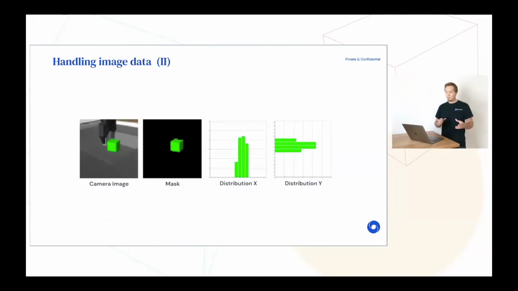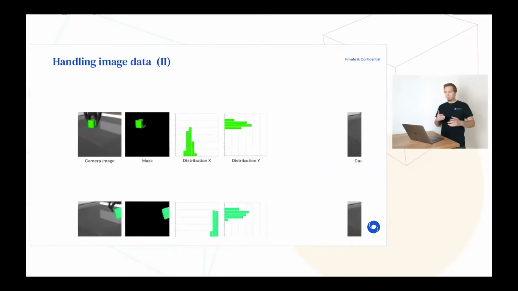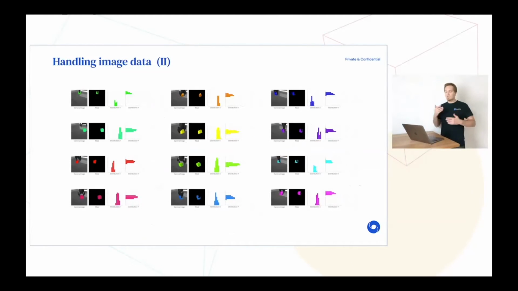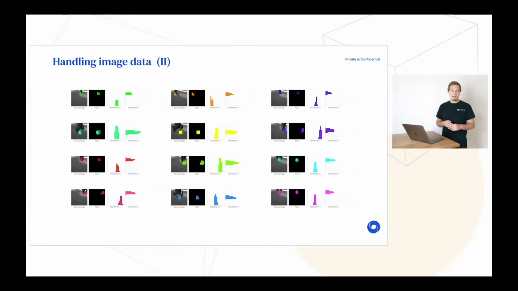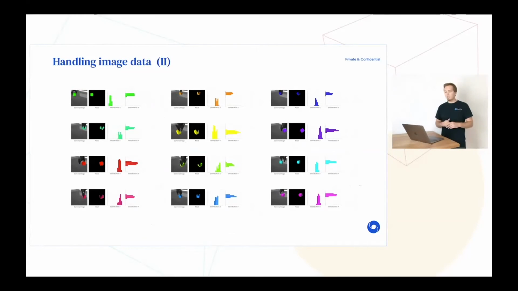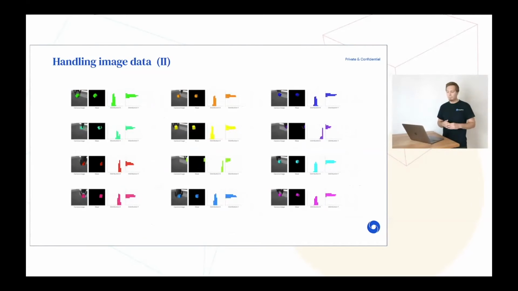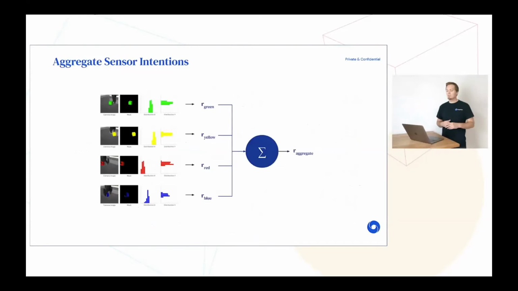When dealing with images, we're not limited to a single color range. If we do the pre-processing outlined earlier for U brackets covering the whole U range, we can treat the means of these distributions as a representation of the whole image, on which SSIs can then be applied. Now, depending on the use case, another formulation can also be interesting, in particular if we want to keep the number of auxiliary tasks low. We can total the rewards for changing individual color channels to form an aggregate SSI, and this loosely translates to rewarding the agent for changing or moving whatever color thing can be changed or moved in the environment.